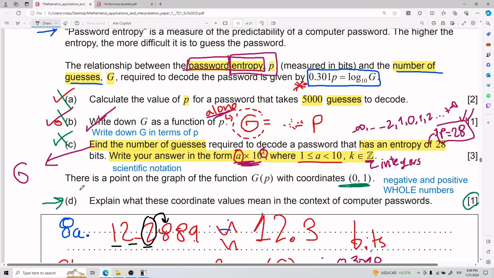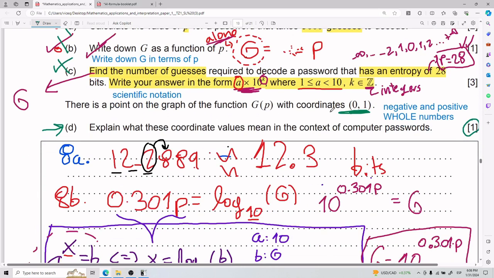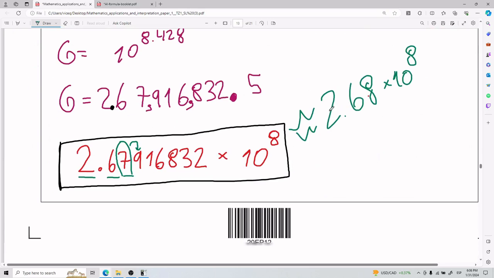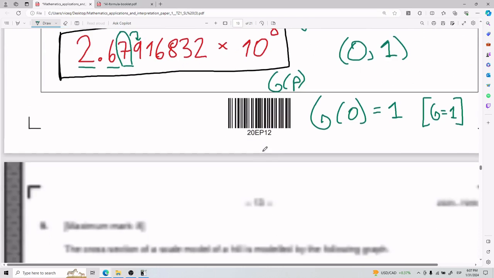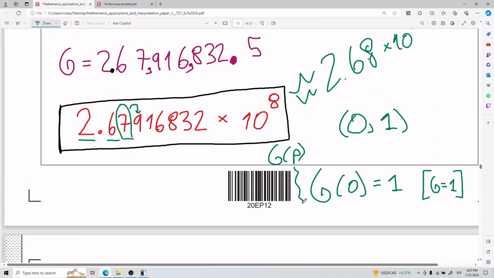So, there's a point on the graph of the function g of p with coordinates 0, 1. What does this mean in the context of computer passwords? We have 0, 1 and the function g of p, so 0, 1 means that you're plugging in 0 for p and getting g equals 1. Let's remember that p is password entropy. So when entropy equals 0,